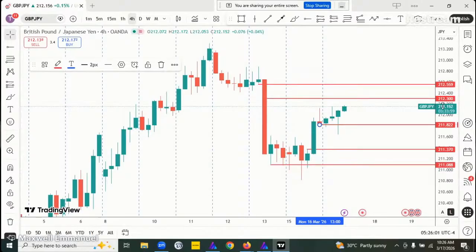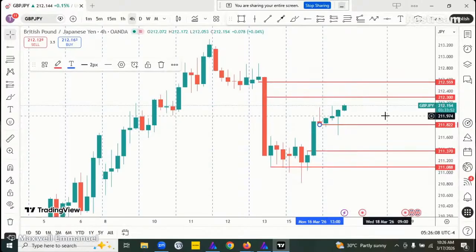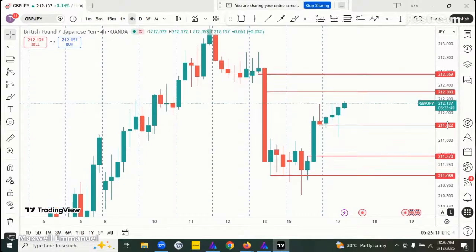You might consider selling this gap. Okay, so now it's not a good time to sell. That's my take on GJ. So I think that will be all for this session.